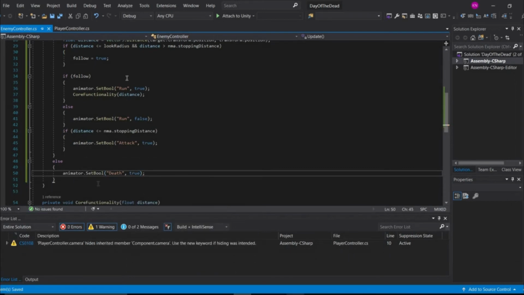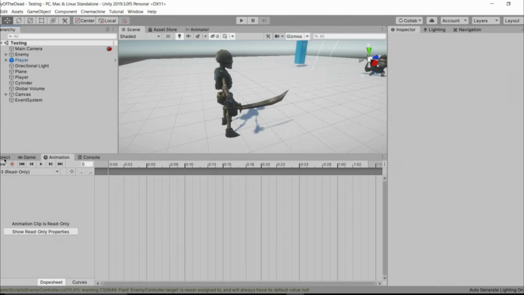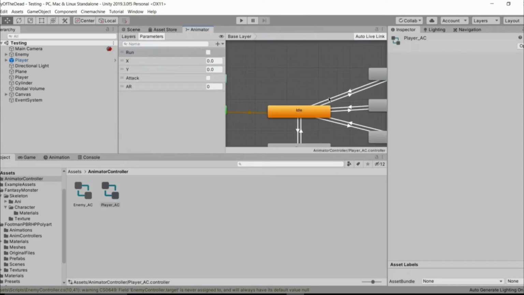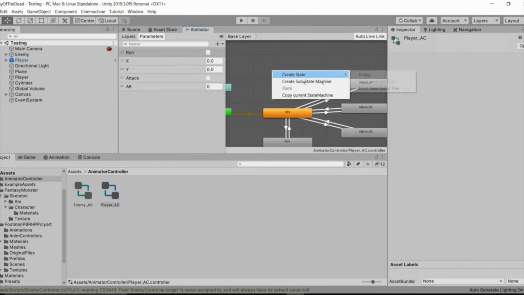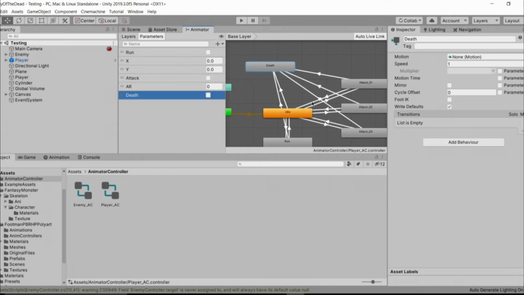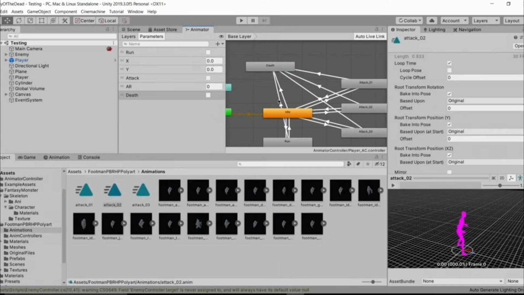So now go back to the editor and let it take some time to load, and double click over the player animator controller, and now create an empty state. And here type in death, and we need a transition from each and every animation. Okay guys, so just make it, but we don't want to make it reverse, because after that animation we don't want our player to have any kind of animation again. So next add a parameter named death, and then in the transition turn this off